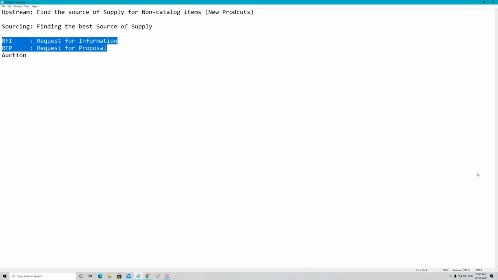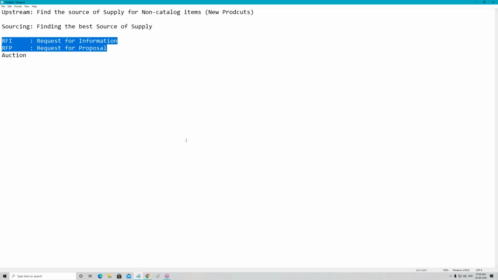Now, this is what most of you will basically know when you go to a project. But I'm afraid, guys, this is not enough. Why? Because when you go to a project, as per our definition, a new product means we have never procured that particular product. We don't know who the supplier is, what the price is, any information specifically about it, right? So both for RFI and RFP, you are doing it for a new product.